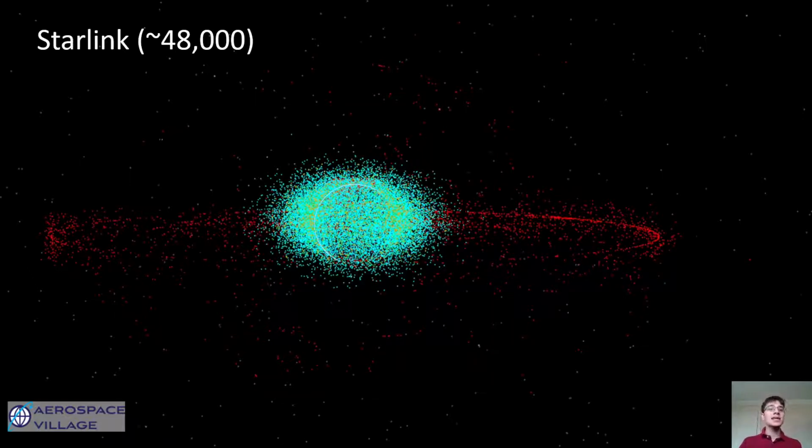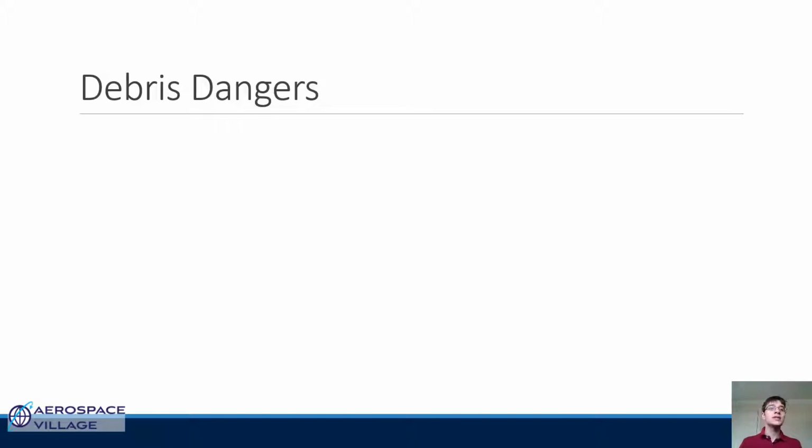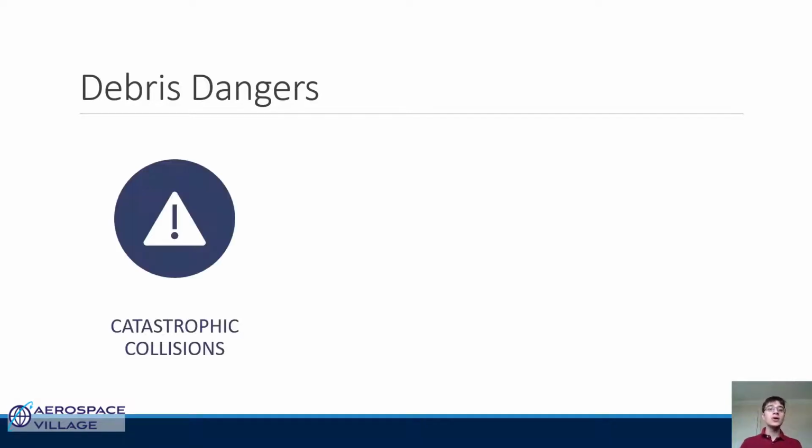As we put more satellites up there, the biggest challenge will be dealing with the increasing risk of space debris collisions. Space debris are just bits of metal or rocket fragments or other things that fall off of a satellite during operations or as part of a space mission. And they move at orbital velocities. So if they collide with a satellite, they can cause it to break or even disintegrate, depending on the size